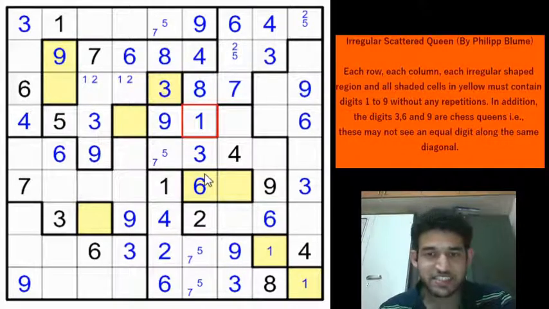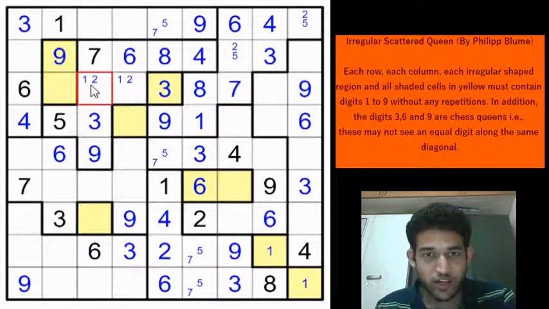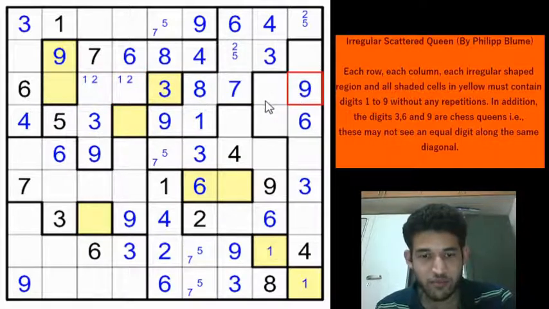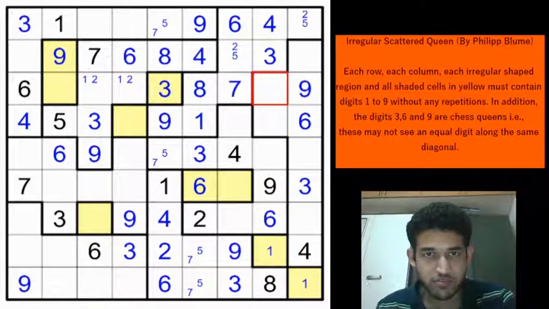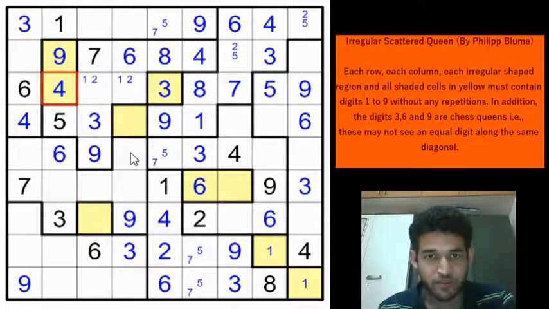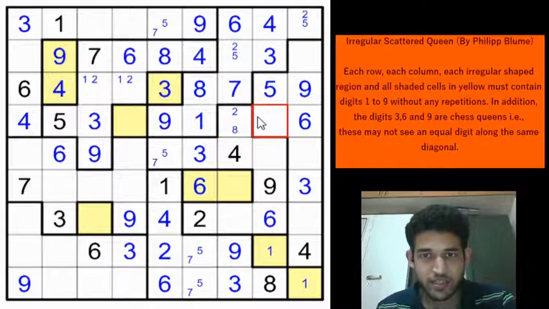So we are getting digits thick and fast now. So 1, 2, 6, 3, 7, 8, 9 are in row 3. Remaining digits are 4 and 5. We have a 4 here. So this will be a 5 and this will be a 4. Right? And any digit or any row which is almost filled, or column rather. So if you look at row 4, 1, 6, 9, 3, 4, 5 are filled. Remaining digits are 2, 7 and 8. So 7 is here. So this will be a 2 or 8. This will be 8 is here.